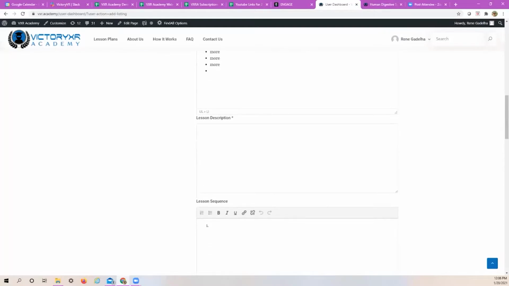And then we come down to the lesson description. This is more of a prose type of section where this is what people are going to see and decide if they want to attend your course. So it's a short blurb at a high level of what they're going to get in that particular lesson for the day. So students will learn about